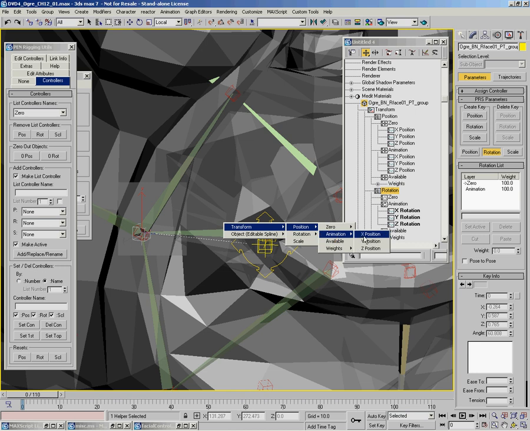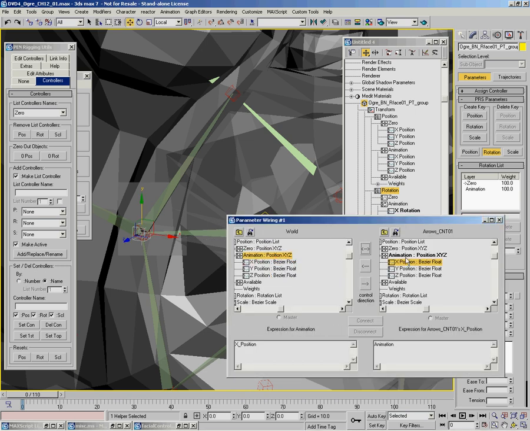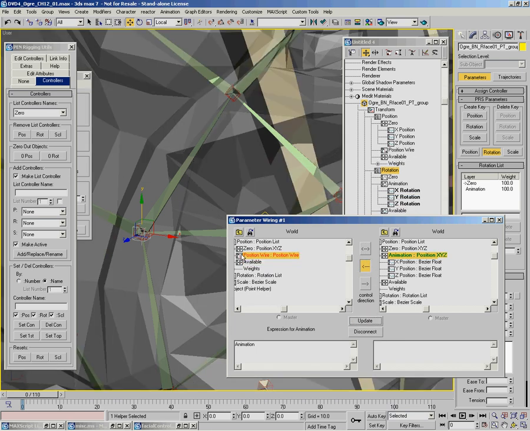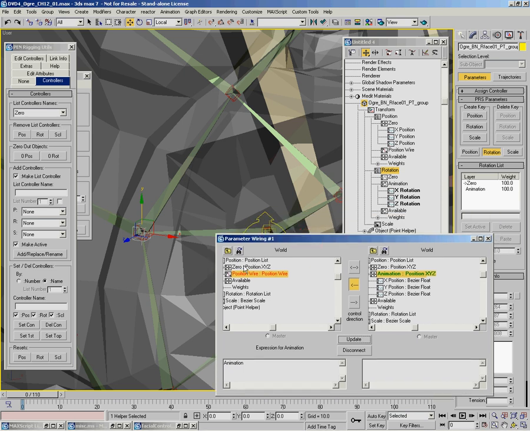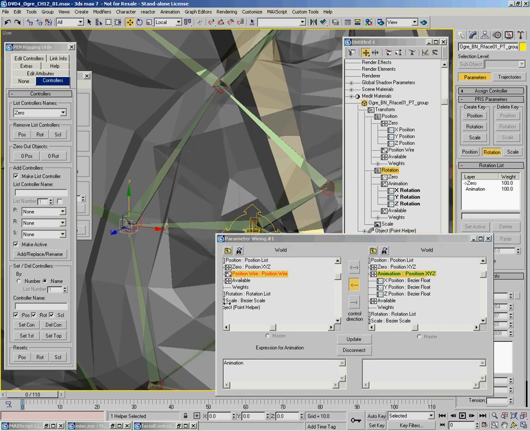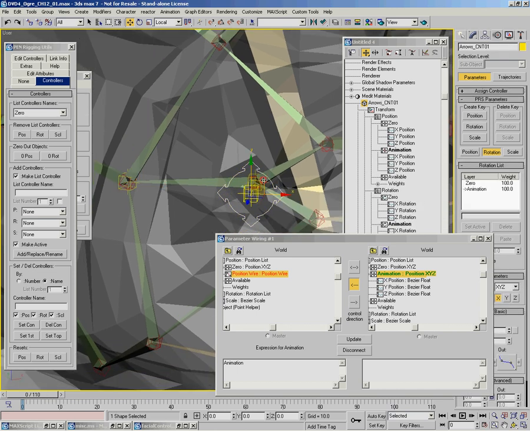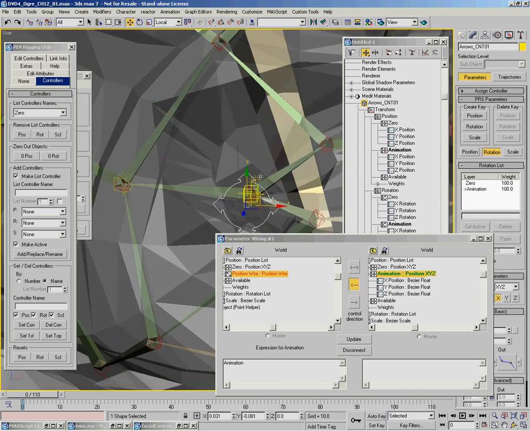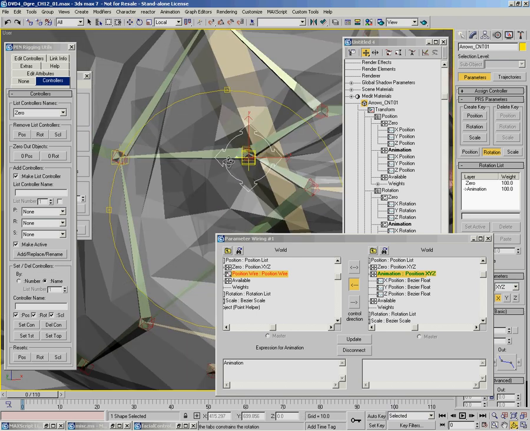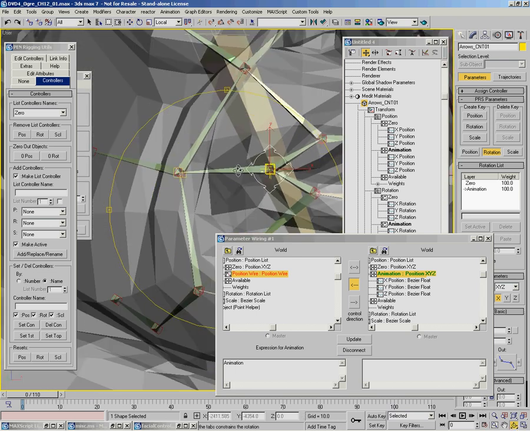So again, I'm just going to go X to X, but now I'm going to say animation to animation. And it'll replace this controller with a Bezier XYZ controller, basically a wire parameter that'll handle all X, Y, and Z. So now that I've connected it up, you can see that I'm getting a one-to-one relationship on the control. But again, like I said, without the